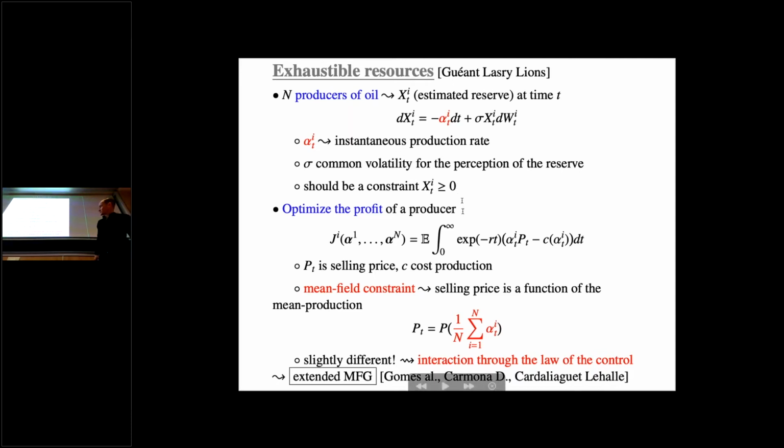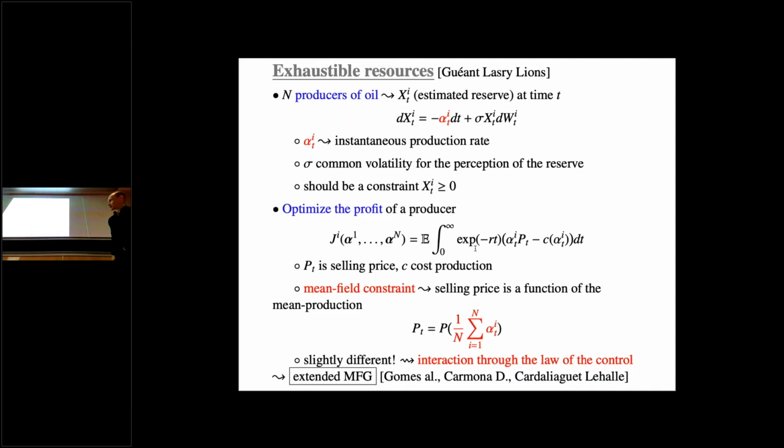And the profit is given here. This is on this line. Very first difference, this is not in finite time. This is in infinite horizon. This is another class of models that you can have for mean-field games. There are many models in infinite horizon. So you may have ergodic models. This is not the case.